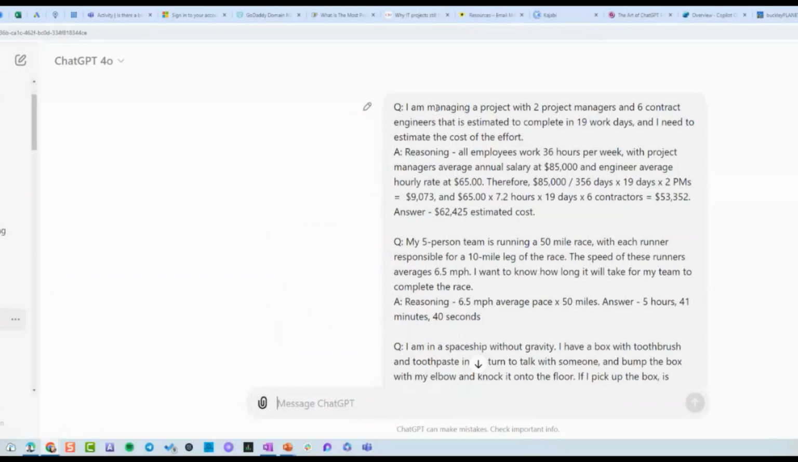So I'm managing a project with 2 project managers and 6 contractors. It's estimated to complete in 19 work days. I need to estimate the cost of the effort. So the reasoning: all employees work 36 hours per week, with the project manager's average salary and the engineer's average hourly rate. Therefore, here's the logic. The answer said, the estimated cost of these 19 work days for these 8 people is